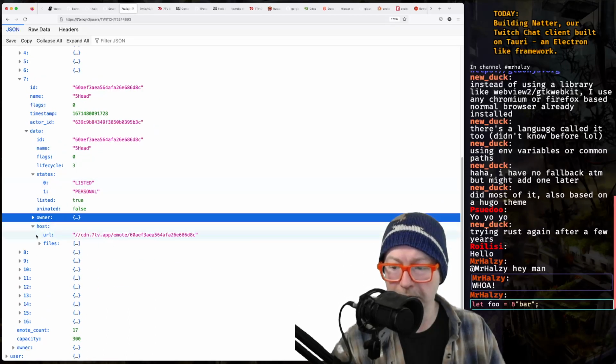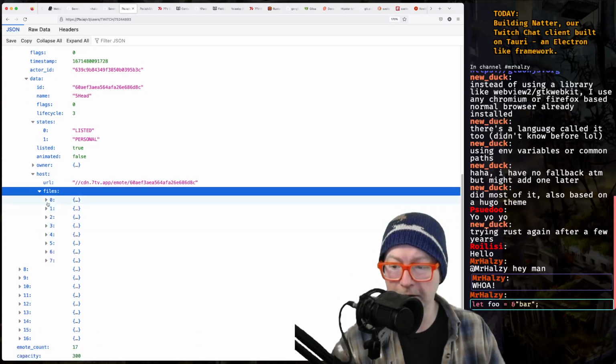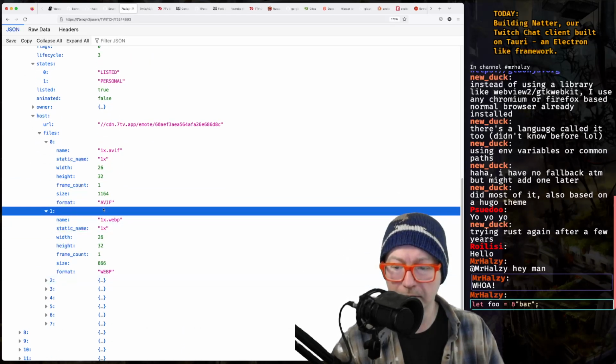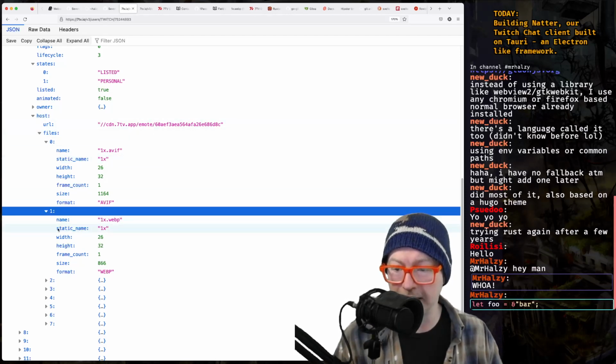That's for the owner. We don't want the owner, we want the host and the files. So I must be putting these together in order to form a URL. Is it just the name, the static name at the end?